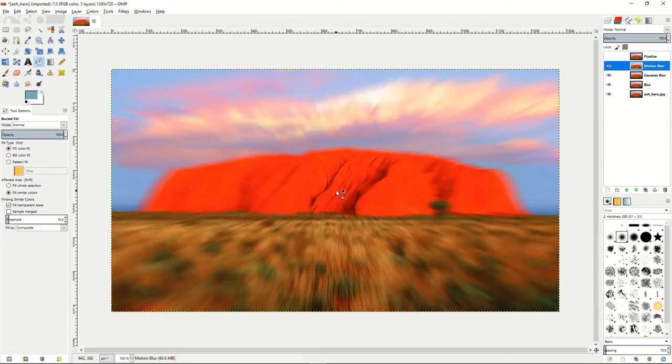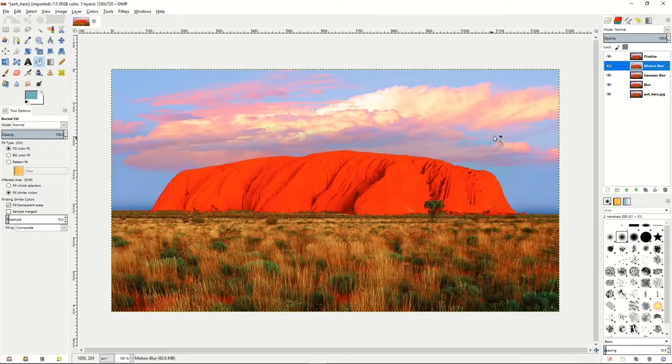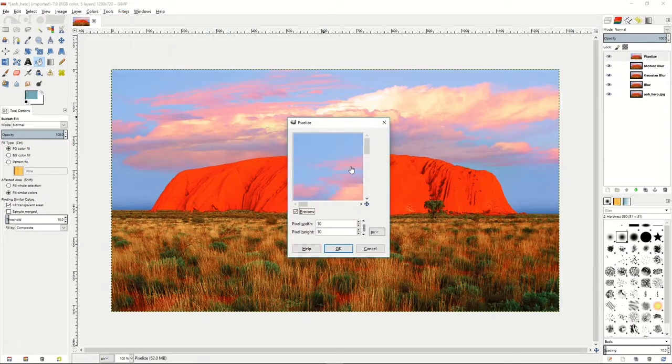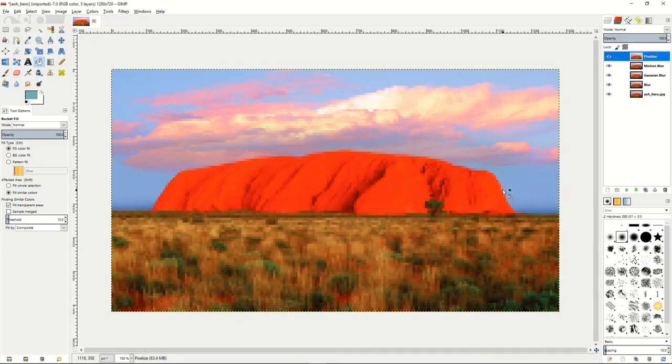So now you can see that there is a kind of rush to get to the mountain look to the image. It's really cool. Then we'll go to our pixelize layer. Go to Filters, Blur, Pixelize, and it'll create a kind of chunky pixel look to the image, so it'll actually blur it out in something that's like if you censor an image or protect someone's face. You might see somebody has done something like this. So we'll set the pixel width to 7 and the pixel height to 7, and that is the pixelized blur